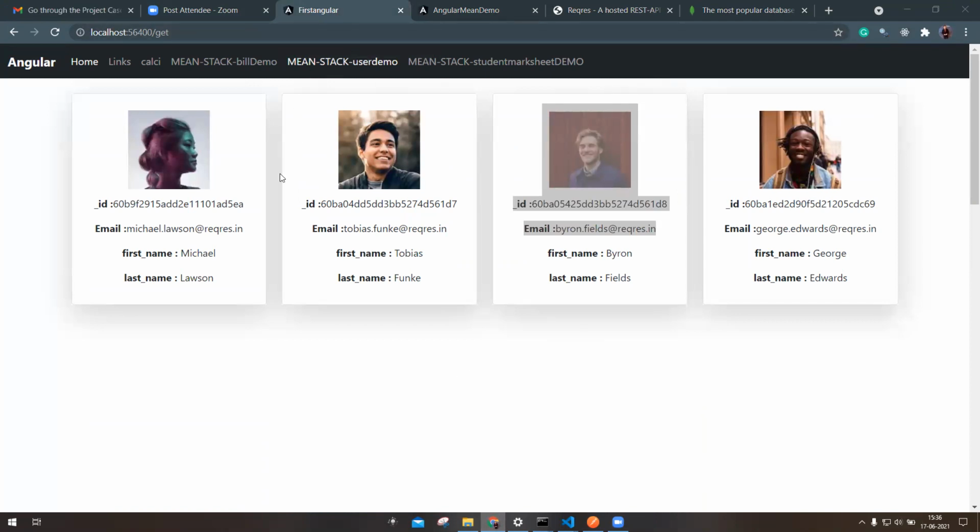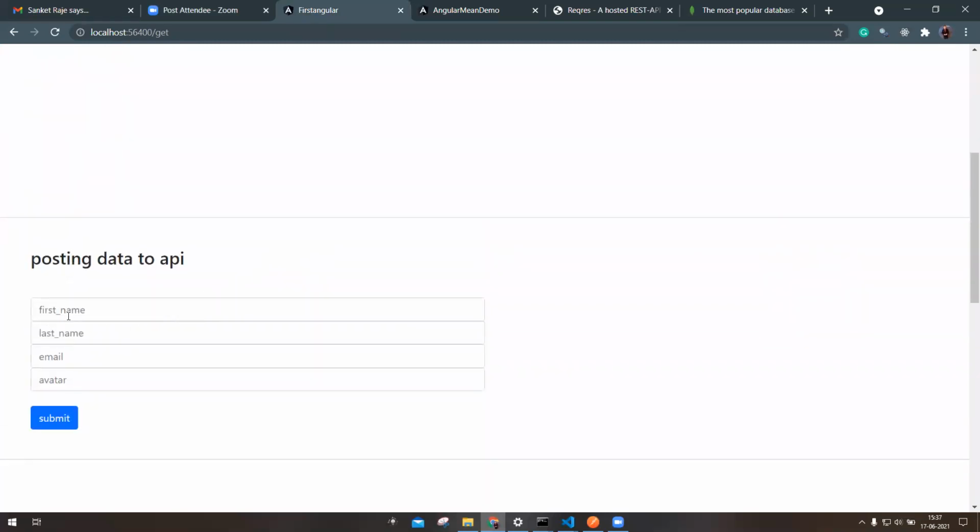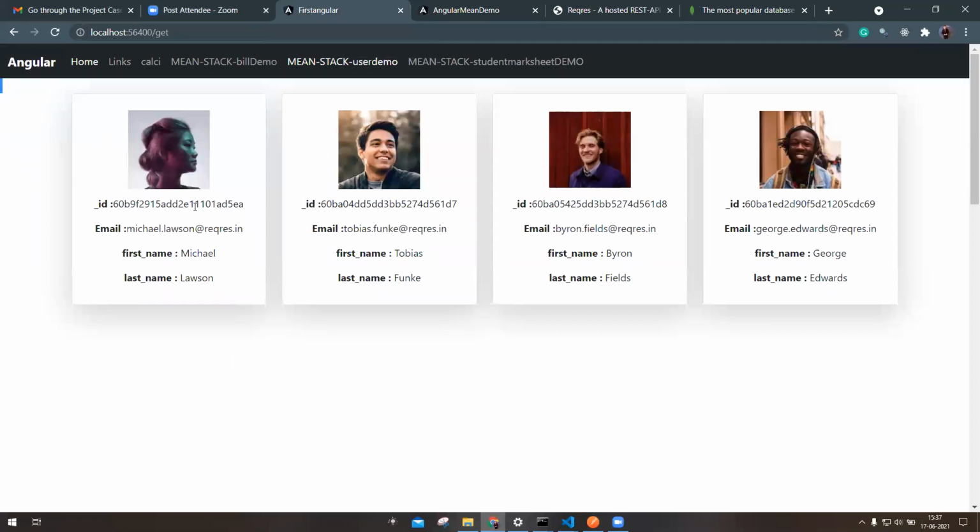So I'm going to give an overview of what we're going to do. We want to create a GET request to the server, and from that we will get the response, such as email address, first name, last name, and ID, from the database. We will also create a POST request to the server. When we post the first name, last name, and email address, it will go to the server and store all the data in the database, and from there we can also create a GET request. So we will first set up the Node project.